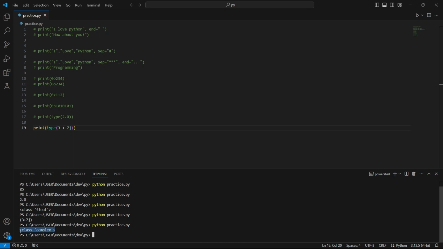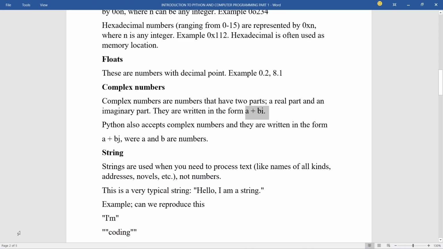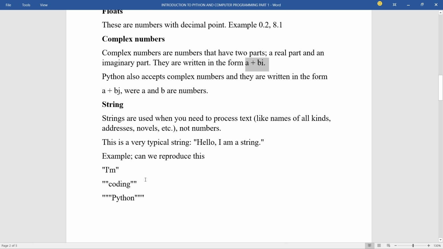So Python accepts integers, it accepts hexadecimal numbers, octal numbers, and it also accepts complex numbers. Let's quickly move ahead and see what we have next. The next literal now is string. Strings are used to process text. As you can see before, we've already demonstrated this